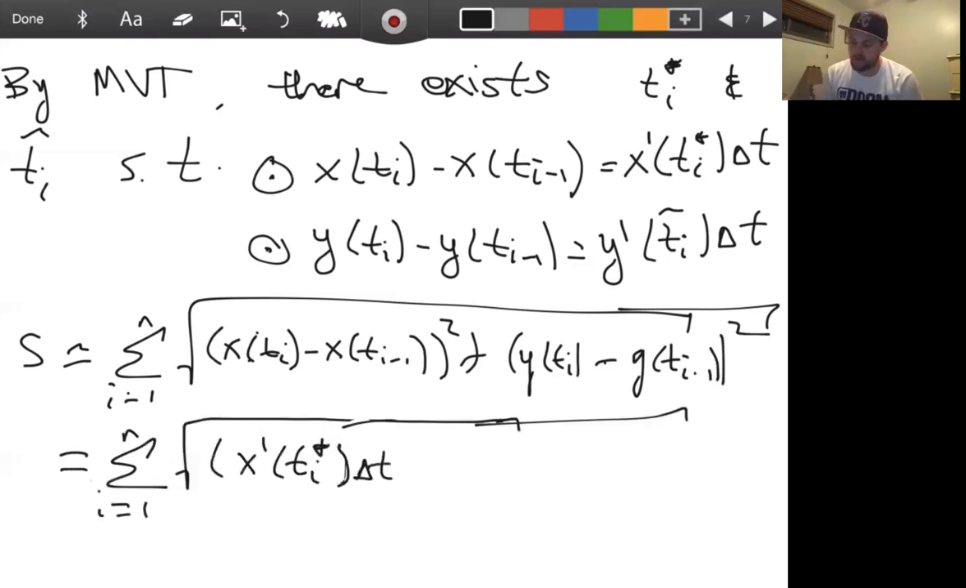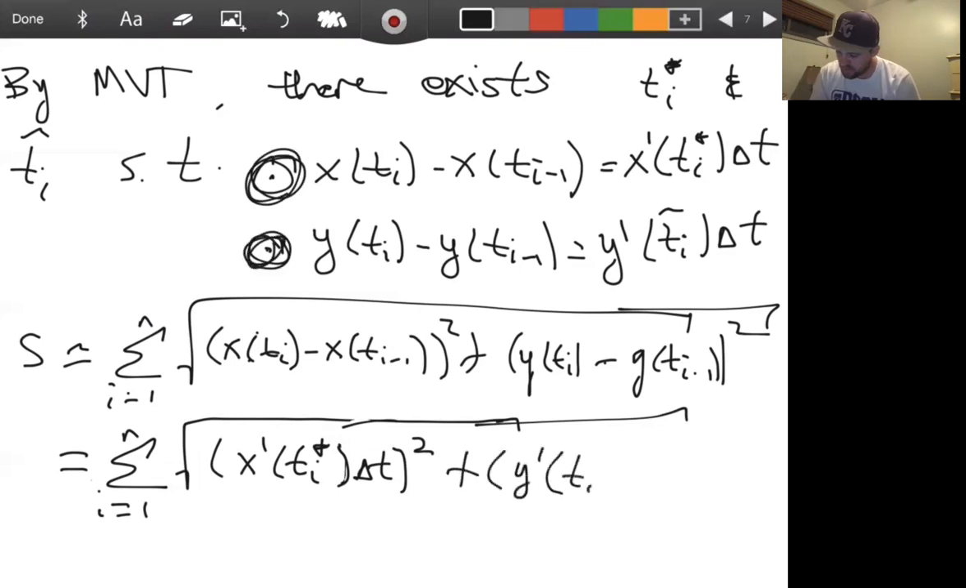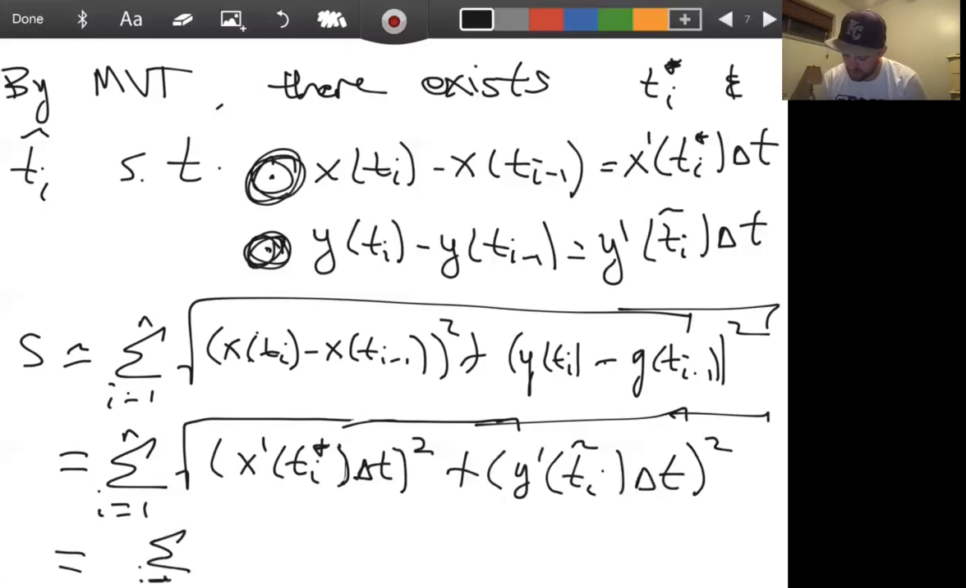x prime ti star delta t squared, right? Because using this formula here, and then I'm going to use it again here, plus y prime ti star delta t squared. Now, if I square these and I can pull out the common delta t here, I can actually cancel the square root with the delta t squared and just have a delta t on the outside of the square root. So if I do that, I'll get sum from i equals 1 to n